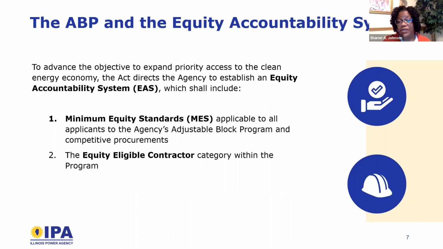The minimum equity standards of the accountability system are applicable to all the applicants of the ABP system and competitive procurements. And it requires that participating vendors in the Adjustable Block Program and competitive procurements demonstrate at least 10% of their project workforce is equity eligible persons after the first delivery year. And again, that starts in June of 2023. That minimum will increase to about 30% of the project workforce being equity eligible persons or contractors by the year